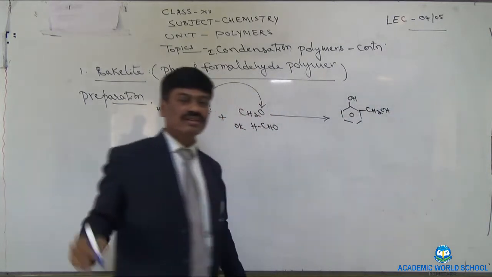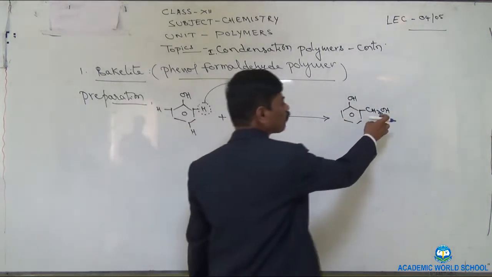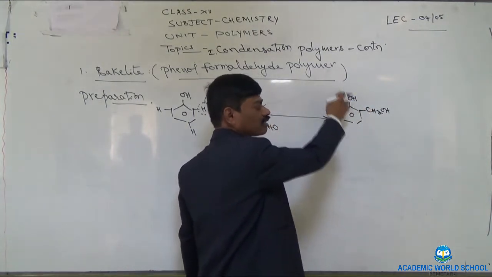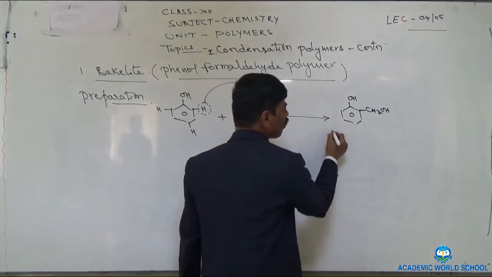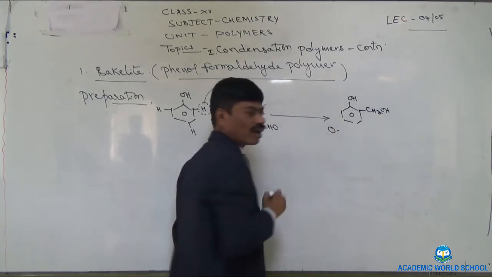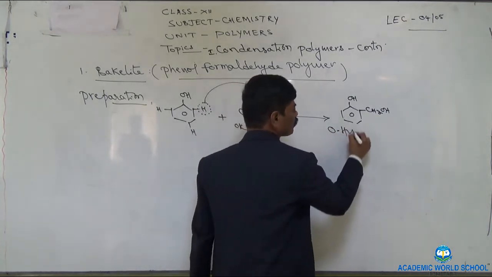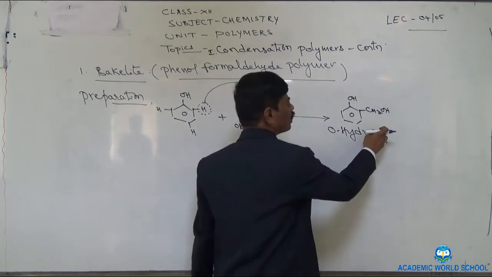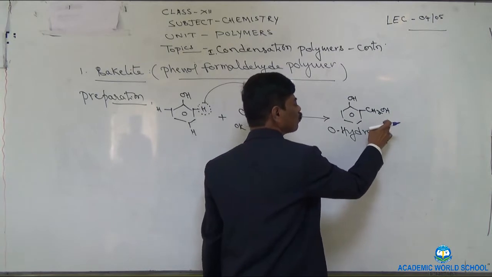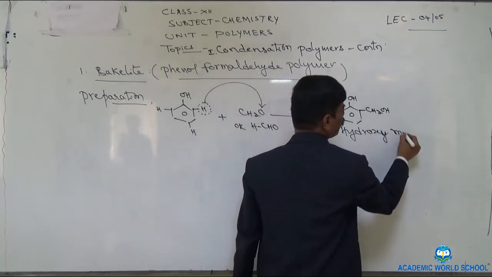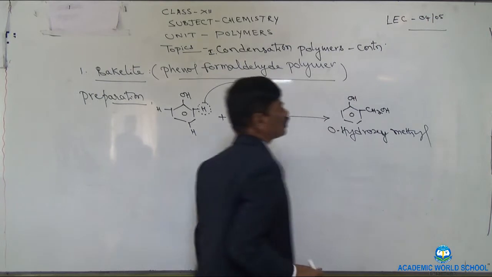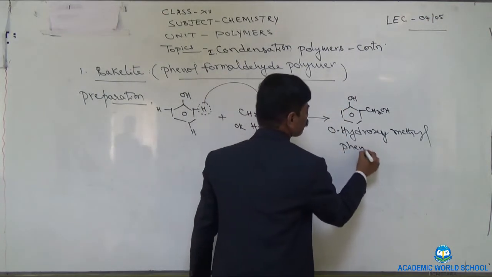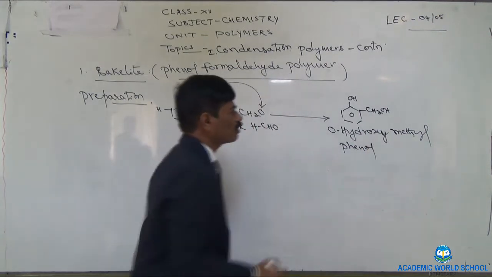this. Its name is, see, OH group is at ortho position with respect to the other OH group, which is lying at the top. So its name begins with ortho, which is abbreviated by O, and OH is called hydroxy. So ortho hydroxy, and CH2 is derived from CH3 group, that means methyl, and ring with OH group is called phenol. This is one product, right?